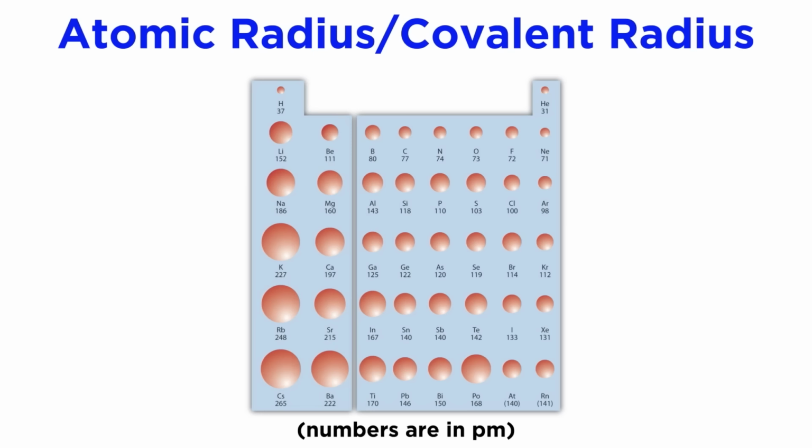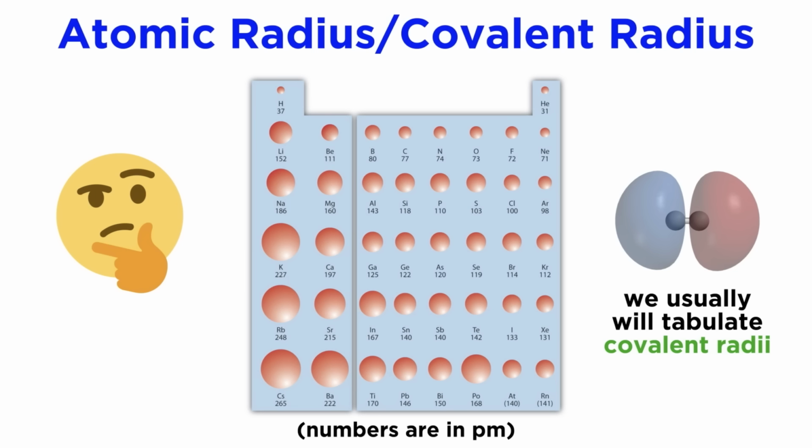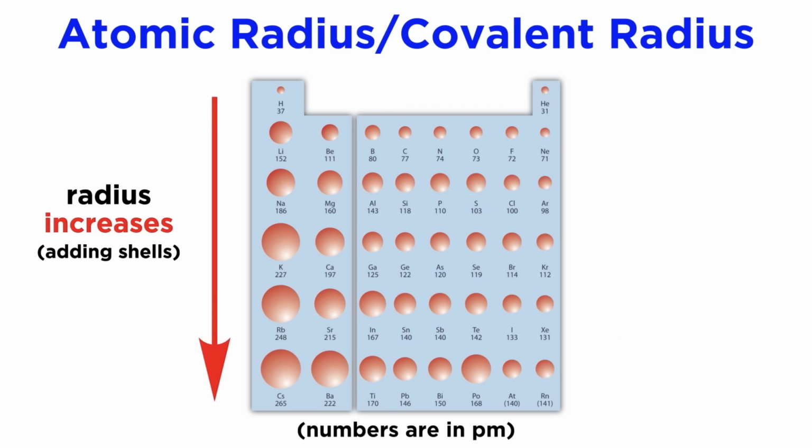The first property we will look at is the atomic radius. It's difficult to measure the radius of a lone atom, so the convention is to tabulate lists of covalent radii, which are defined as 1/2 the distance between the nuclei of two identical atoms that are bonded to each other. This should be roughly the same as the radius of the atom outside of the context of a chemical bond as well. When we examine various covalent radii, we notice that the radius will increase as we go down the